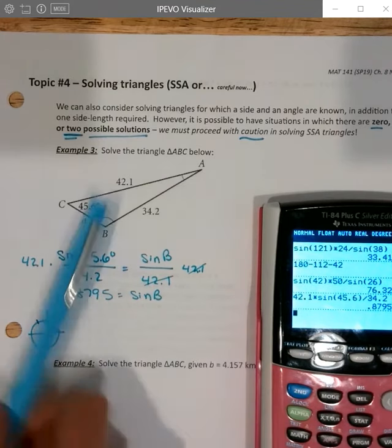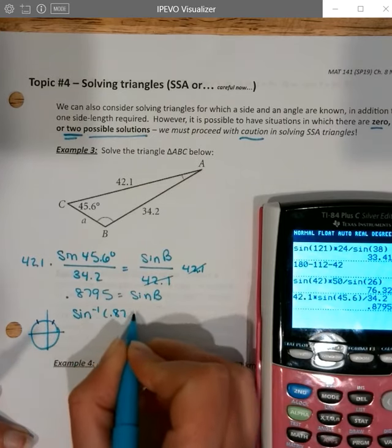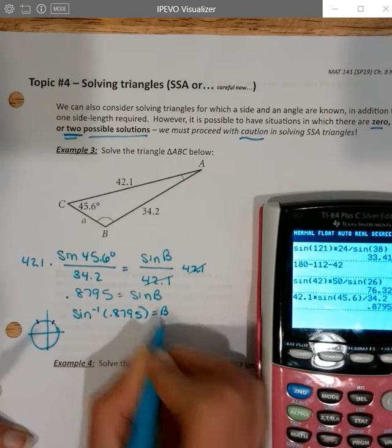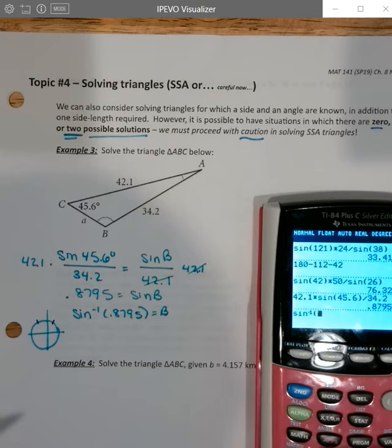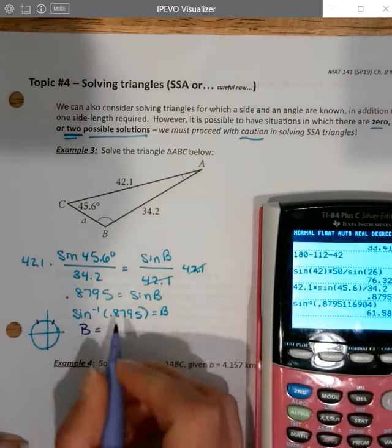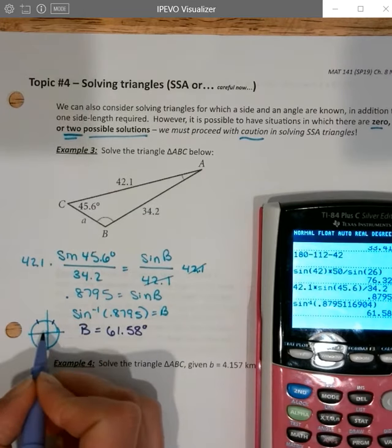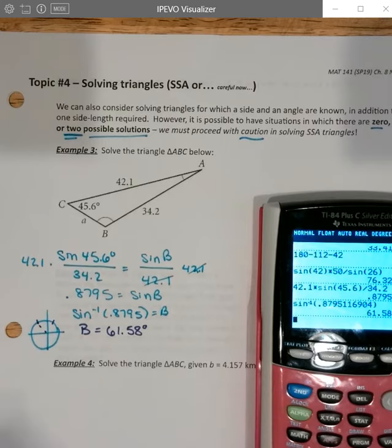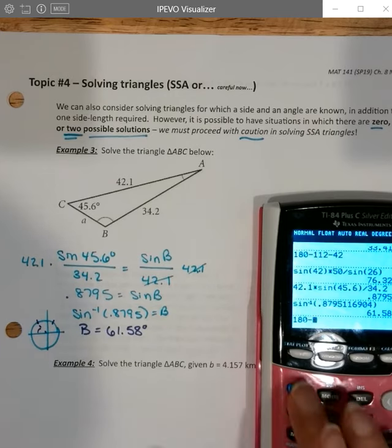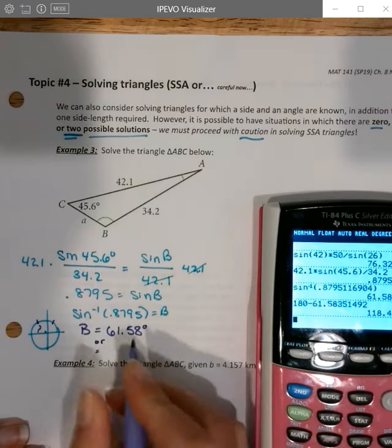And so to find our angle, we're going to have the arc sine of 0.8795 is going to be equal to our angle B. So arc sine of this number gives us an angle, or a B value, of 61.58 degrees. Now I need to find the other one, the one that's 60 degrees away from the negative x-axis. And so if I take 180 minus the 61 degrees, that gives us the other angle as